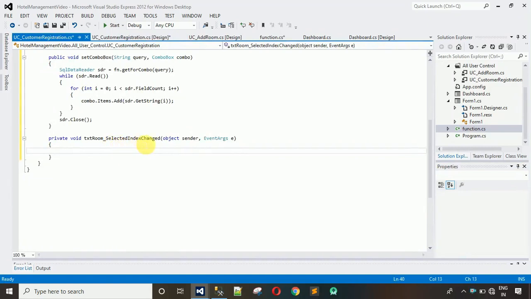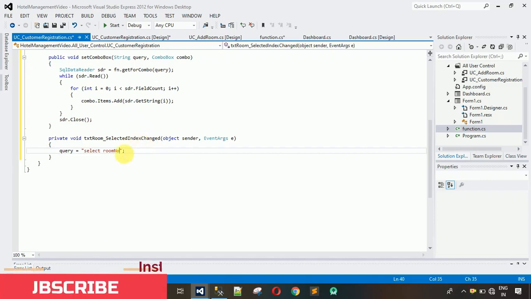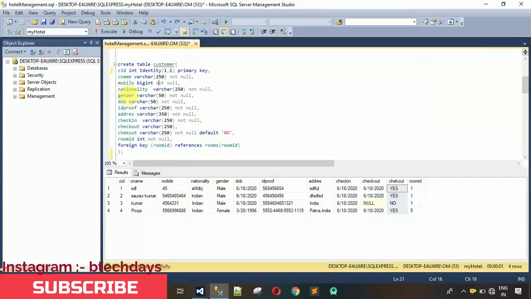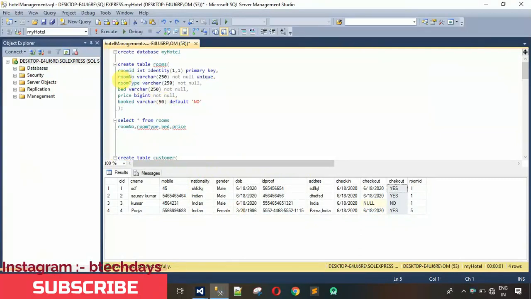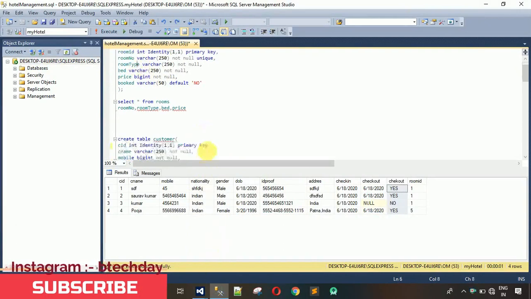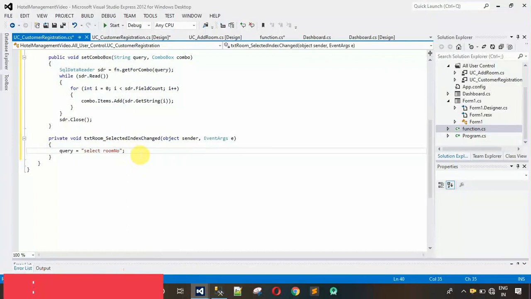And here we first have to write the query. So query is equal to, and which query we have to write, select room number. This is actually room number. I have written n in capital because in the database my column name is in this format, ROOM, and n is a capital letter. That's why I have written it that way. So move back over here, select room number from the table rooms, where bed is equal to